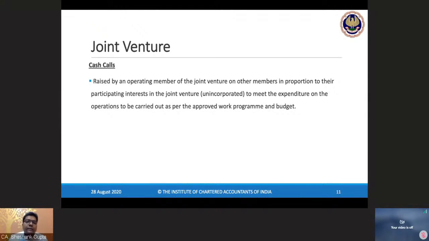So here in joint venture also, the concept of singularity versus duality may come to your mind, that joint venture is not a separate legal entity. This is a group of people doing work for a common goal, common purpose. Can they be made liable if one person from the joint venture is doing some work for the entire joint venture? So these kind of questions were coming, and hence a clarification was given